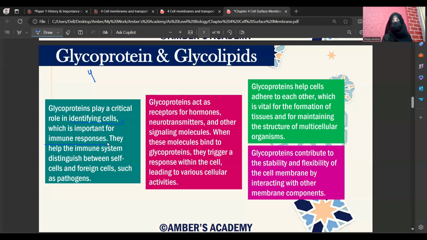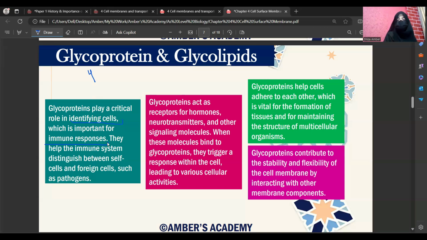Okay, there are two types of cells. One of them are the self cells. Self cells हमारे cells होते हैं. And then we have foreign cells. So whenever we are under the influence of any microorganism or bacterial attack or viral attack, the cells of those are going to be known as foreign cells.